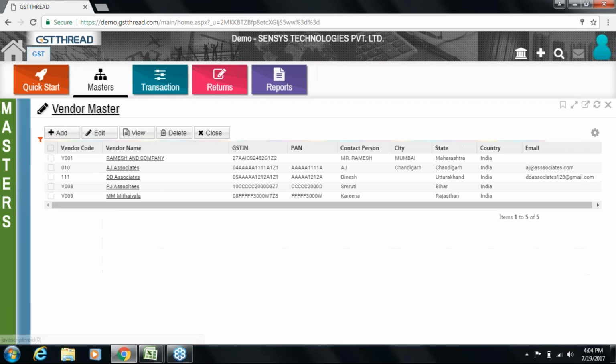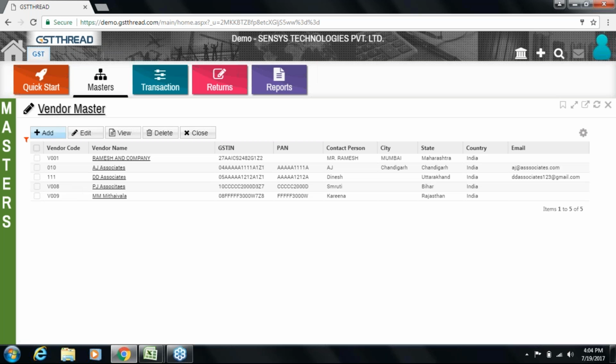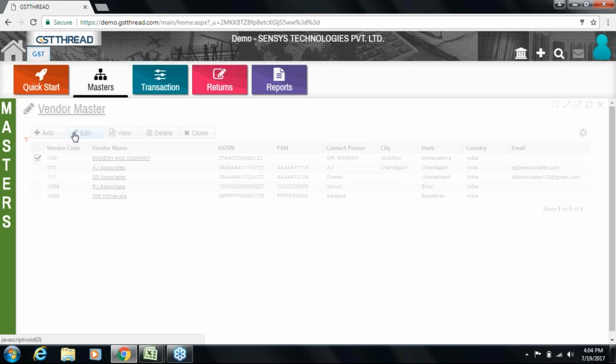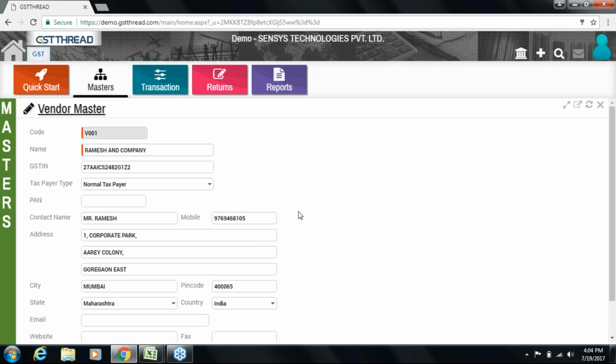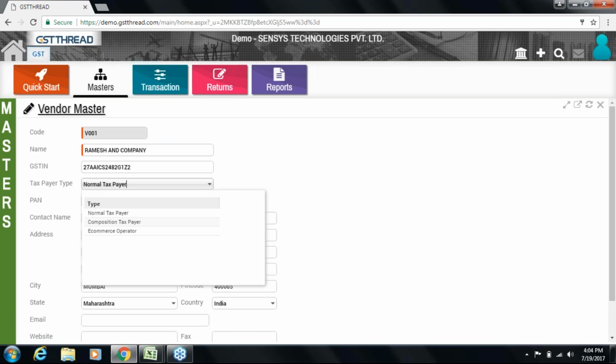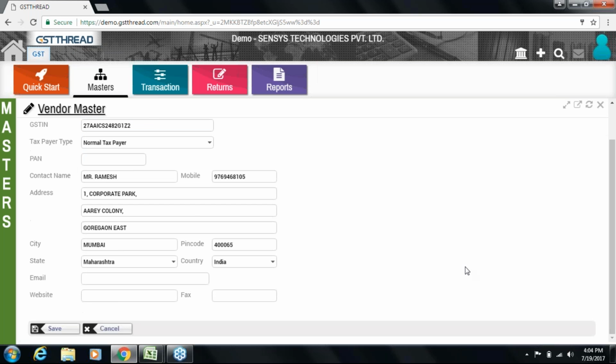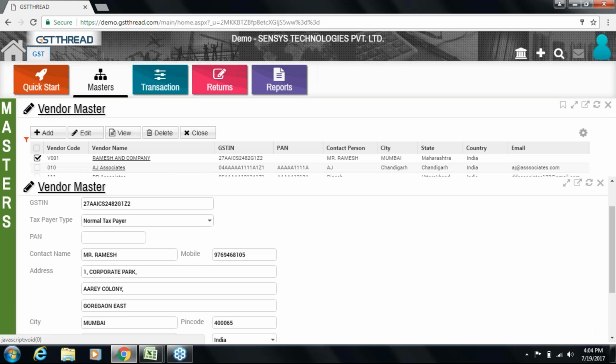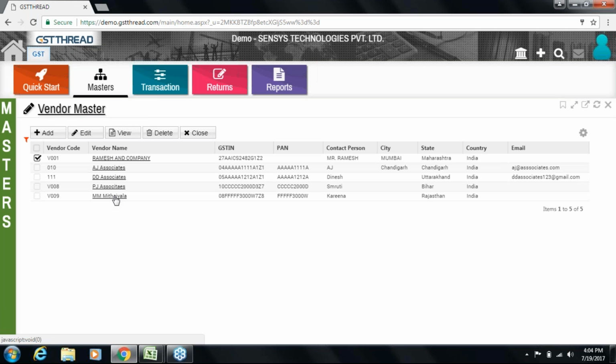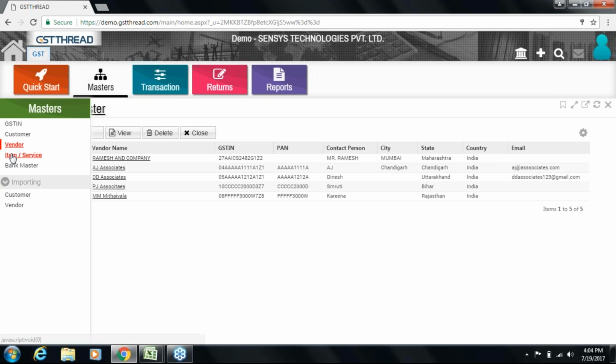Vendor, from whom we purchase the products and services. Code of the vendor, the name, the GSTIN of the vendor. Taxpayer type can be normal, composition or e-commerce. PAN, address, contact person, email and website. All the vendors can be added in a similar manner.